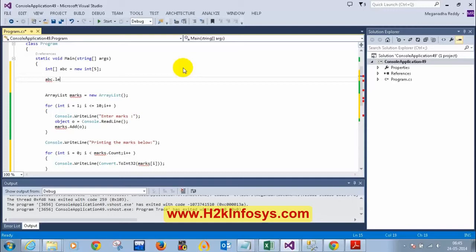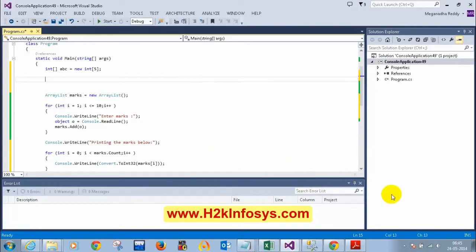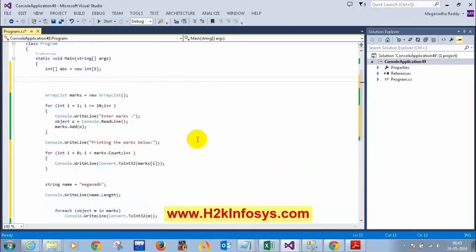Okay, you're right, Sandhya. For arrays we'll be using length, but for collections, what is the method we are using to find the number of elements? Yeah, from all of you. Anyway, I will summarize it so that things will be clear for you. So in future, when you are using collections, do you use a for loop or a for each loop?